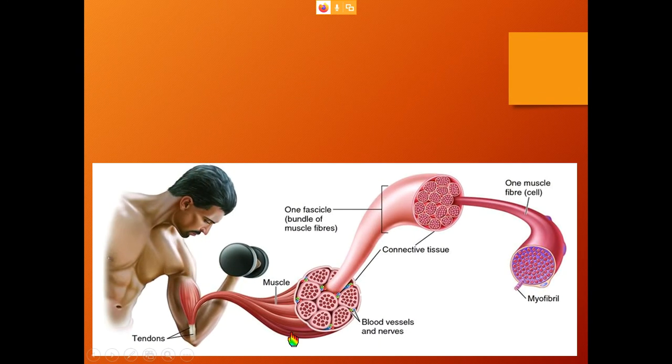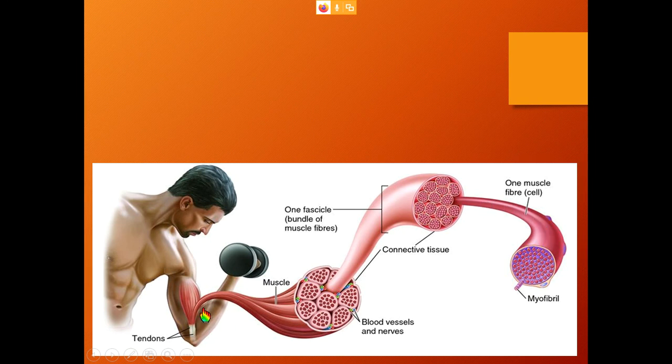Then coming to this muscle, here you can see the insertion part. Understood? Then the muscle is covering so many muscle bundles. The bundle is called a fasciculus, one fascicle. In one muscle fascicle, we can identify different muscle fibers, and in that fiber you can identify myofibrils. This myofibril we cannot identify with the naked eye. We can identify one muscle fiber only.